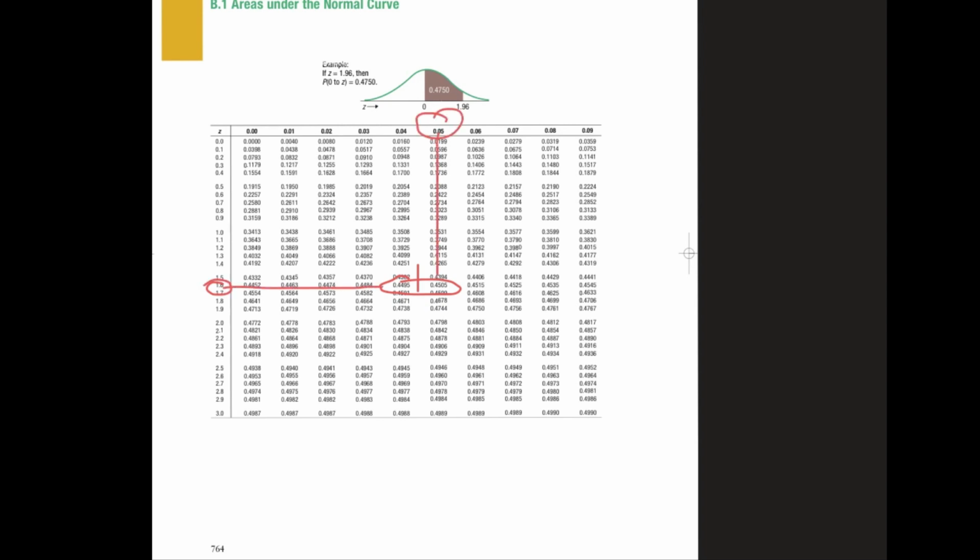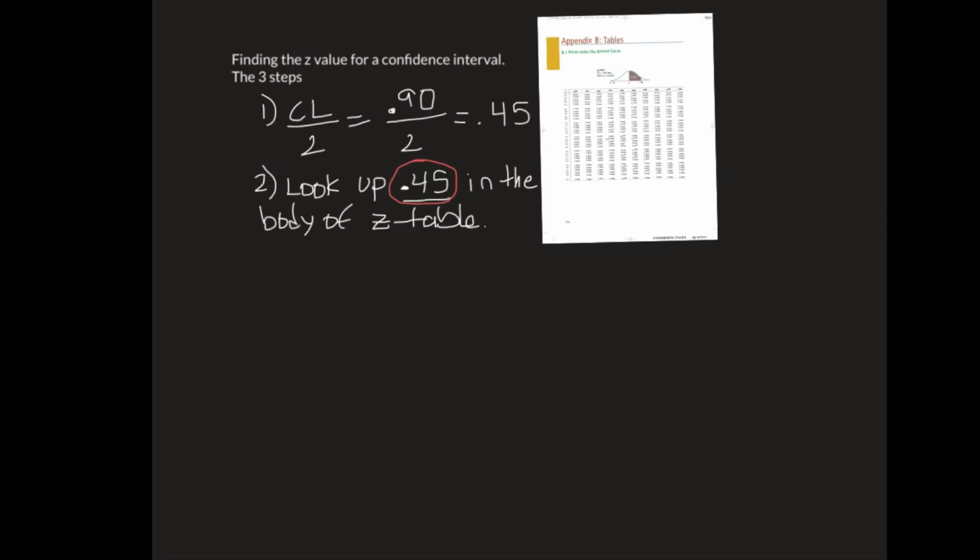Okay, so the z-value for a 90% confidence level is 1.65. All right, and that is in fact our step 3, stating that after looking into the body of the z-table, we find that the z-value for the 90% confidence level is